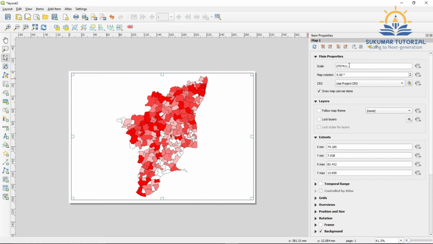Suppose you want to make it a round number, you can just make adjustments in the scale. Say for example, this scale is 2,757,444. So you can make it a round number. Instead of the fraction, I make it 5 zeros.